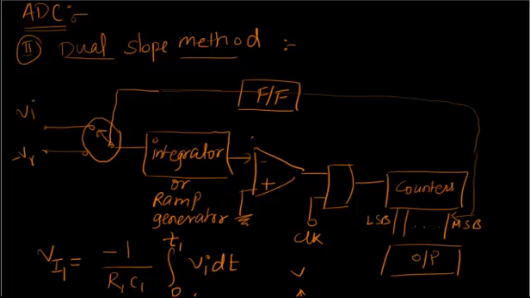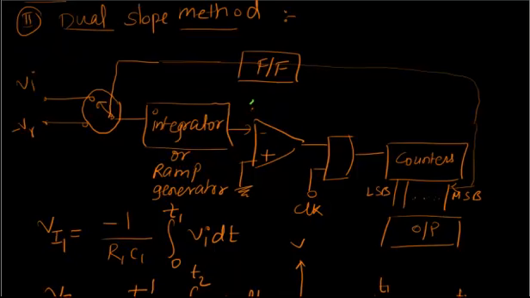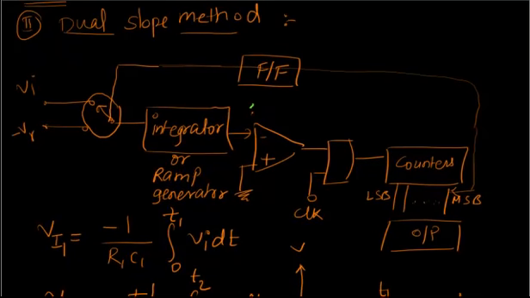Now let us discuss three more methods of analog to digital conversion. Now the single slope method we have discussed here. You can see from this diagram that this is almost similar to the single slope diagram. Only difference is that here we'll have two different slopes. Okay, like this. Wait, I'll explain to you the circuit first, then we can look at that.